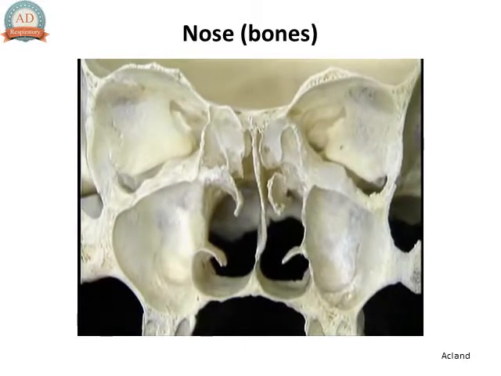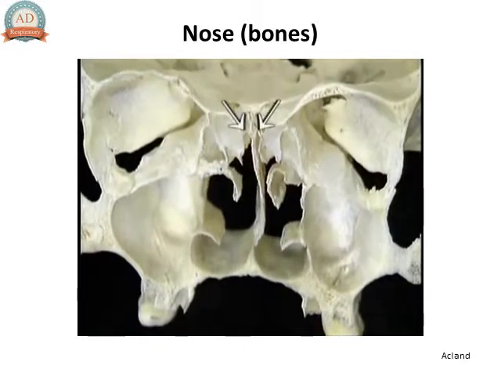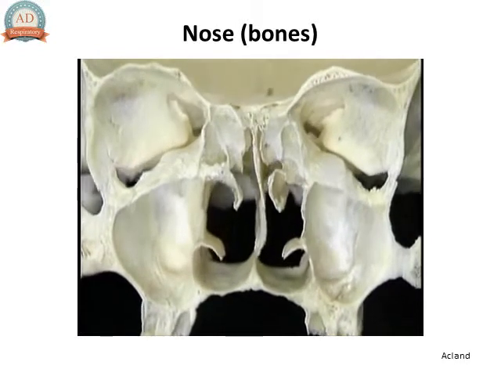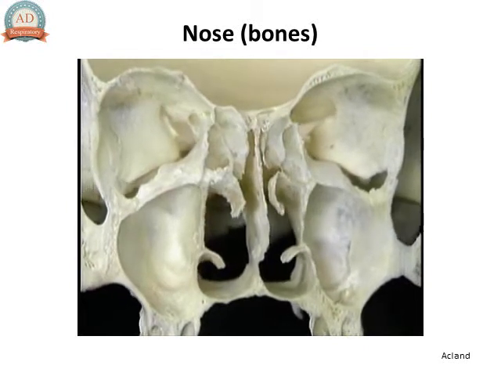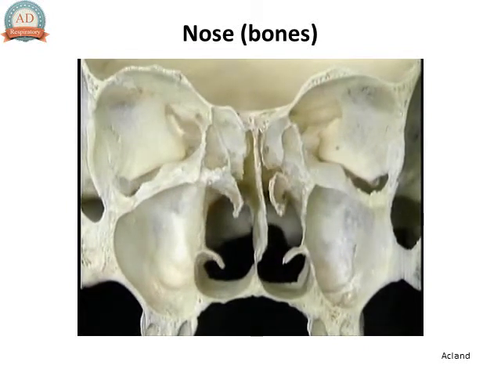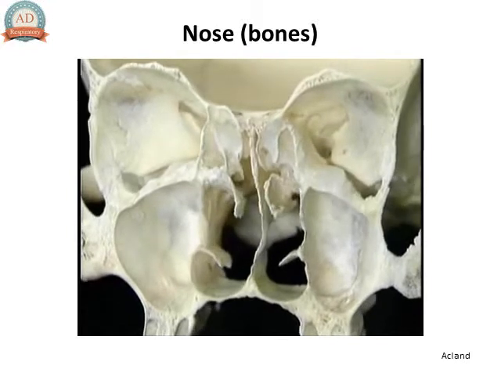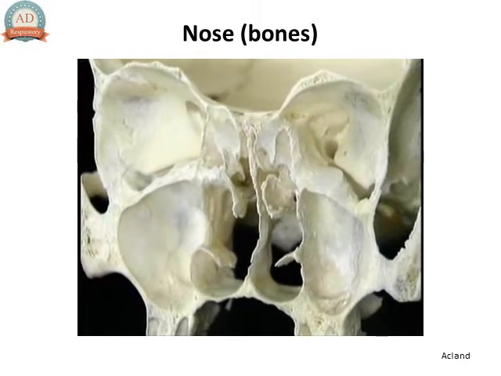The roof of each cavity, formed by the cribriform plate, is very narrow. The medial wall of each nasal cavity, formed by the septum, is smooth and featureless. So is the floor. By contrast, the lateral wall is marked by a number of features, most notably by these